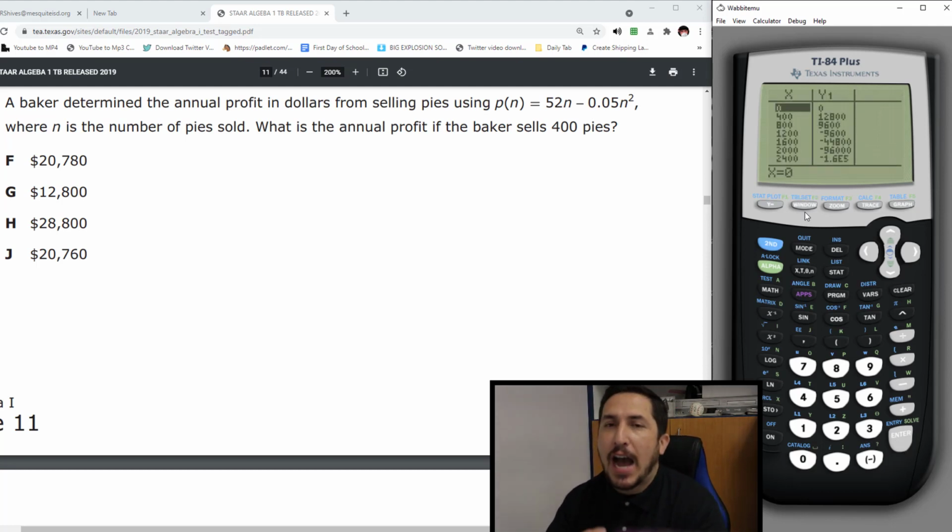Do your stuff when you highlight the 0. That way it tells you where to go. So ready? I did the plus sign, 400. And then his partner is 12,800. Boom, found it. Well, what if I had to find 10,000? Highlight the 0. Plus sign 10,000. 1, 2, 3. Enter. Boom, and it's right here.